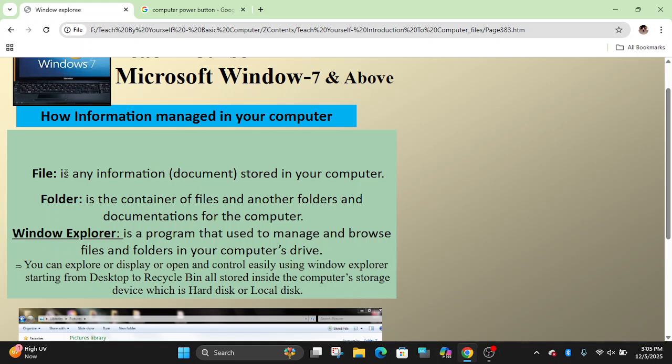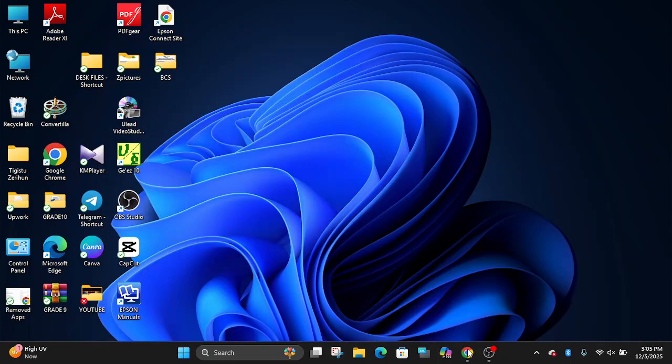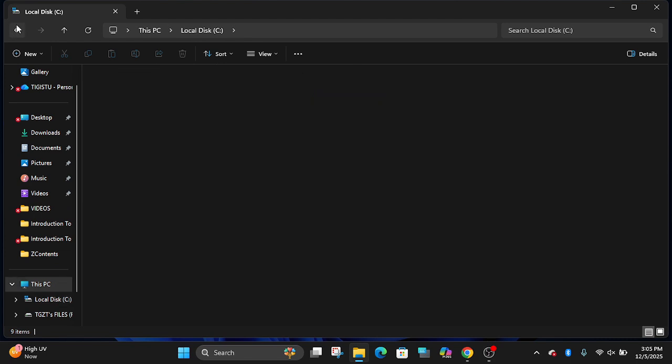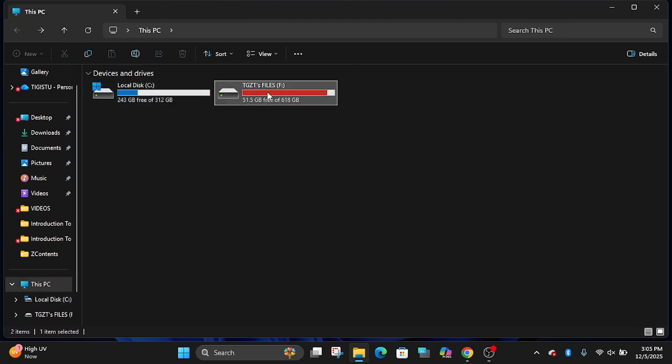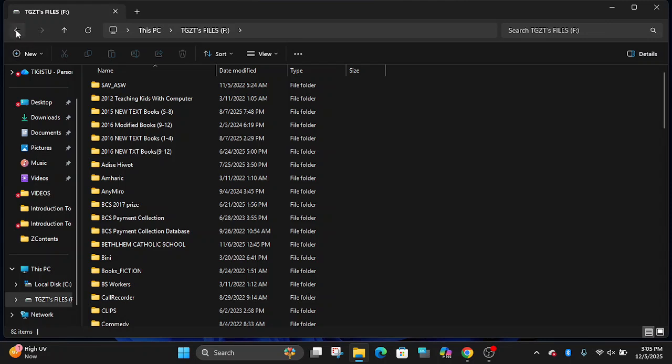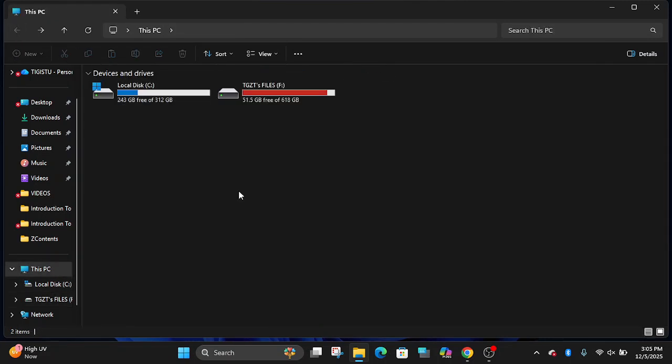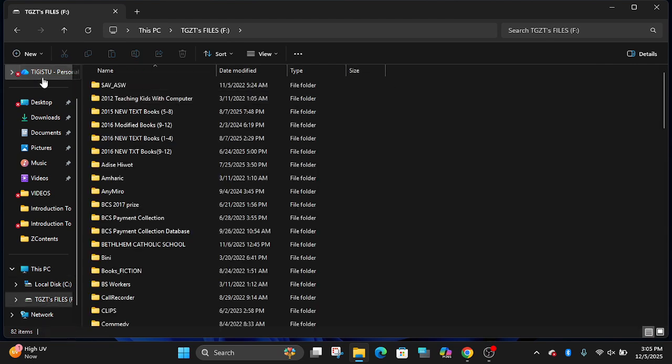A file is an information document stored in your computer. How is the file stored in your computer? There is a storage drive where the computer stores it. Whether it was created in another system, or created using a specific computer software, it's possible to create a file, or we can download from the World Wide Web, or we can receive from our friends.